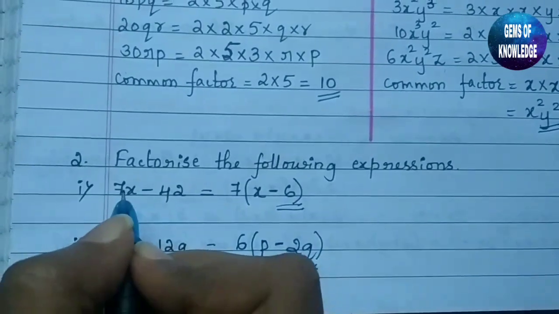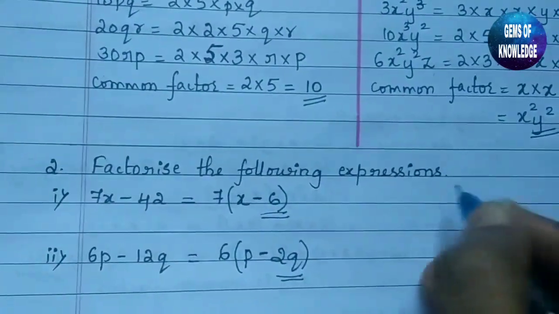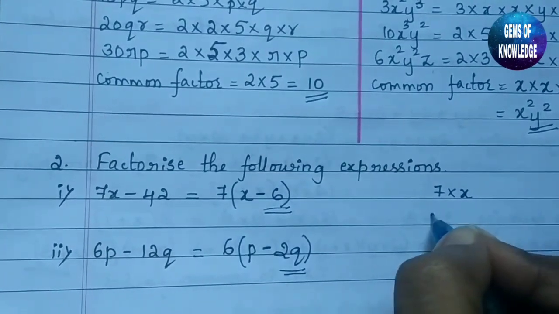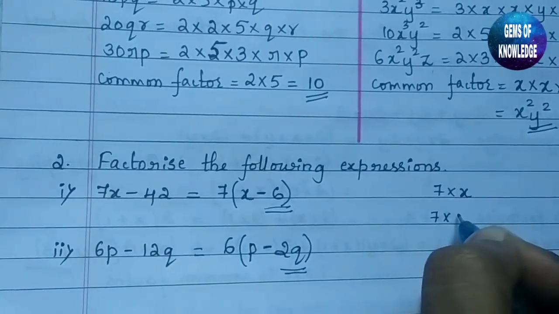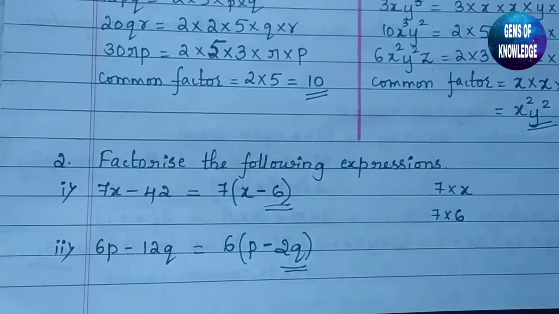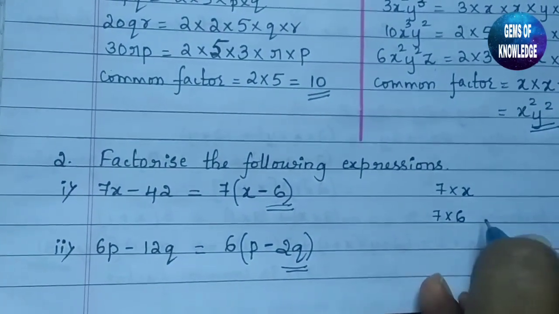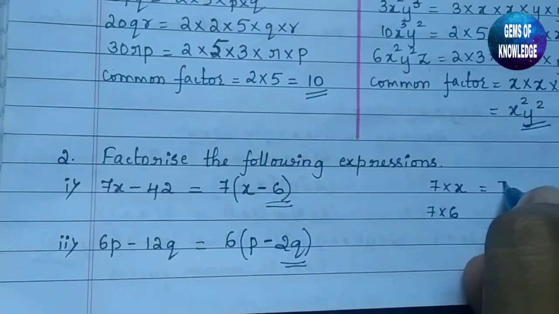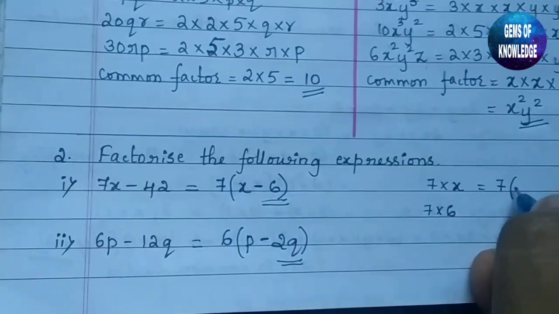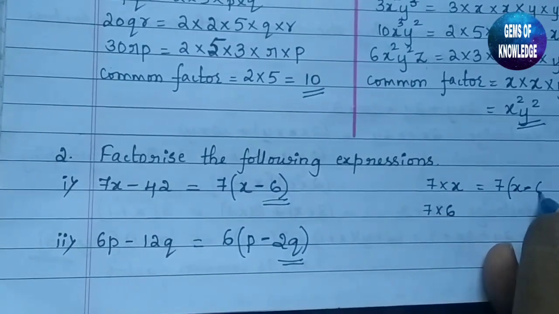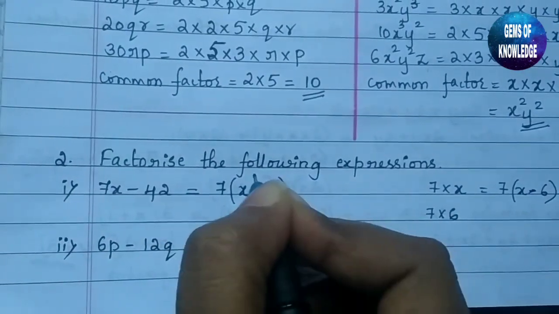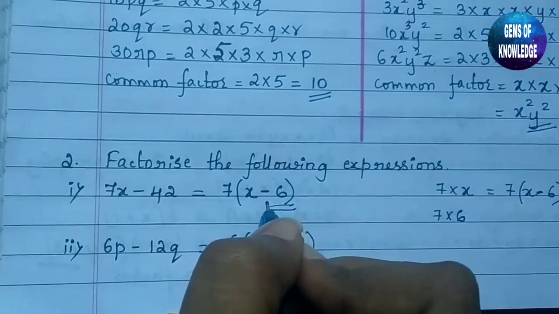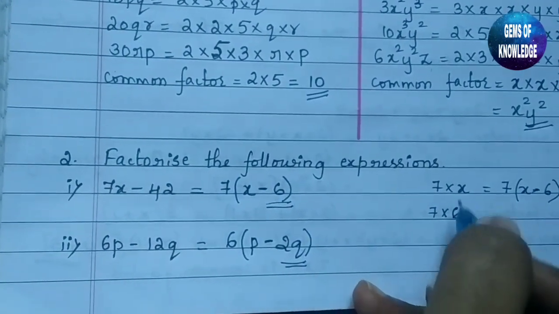Okay. So if you factorize like this, you can see here, I'll just show you. 7x can be written as 7 into x. Okay. Similarly, 42 you will write as 7 into 6, 7 6s are 42. Okay. So what is the common term over here? You will get the common term as 7, and what will be remaining? x and minus 6. So similarly I got the answer over here but in a different manner. Okay, you can write it this way also. If you need, you can solve it in this manner also.